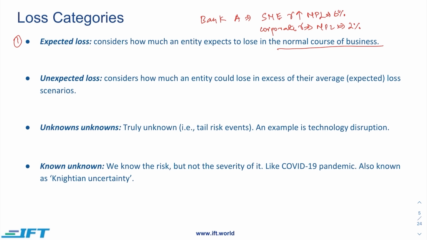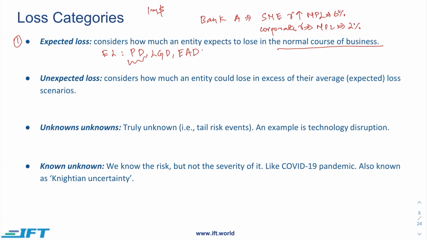So expected loss is something that the business expects in the normal course of business. This expected loss is actually a function of three factors: probability of default, loss given default, and exposure at default. So probability of default is the percentage that you are expecting can go bankrupt or can be booked as a loss. So for example, if you have invested $1 million,